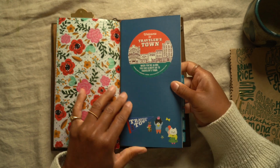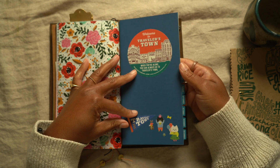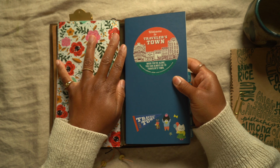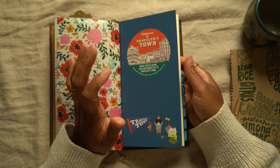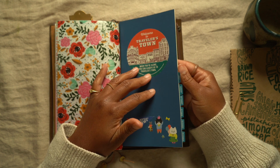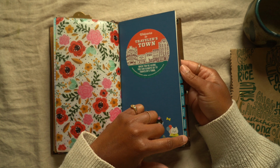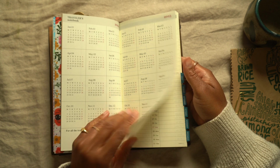what was my health and wellness journal, which was a Travelers Company horizontal weekly. And it didn't work the first 6 months of the year. So I was just trying to use this insert as a memory keeper because I want to use the vertical version of the weeklies as a memory keeper for next year. So that's what I plan to buy in October. So it's like 2 books, January through June for the first book, and then July through December for the second one. So my plan, again, haven't done it yet, but my plan is to,